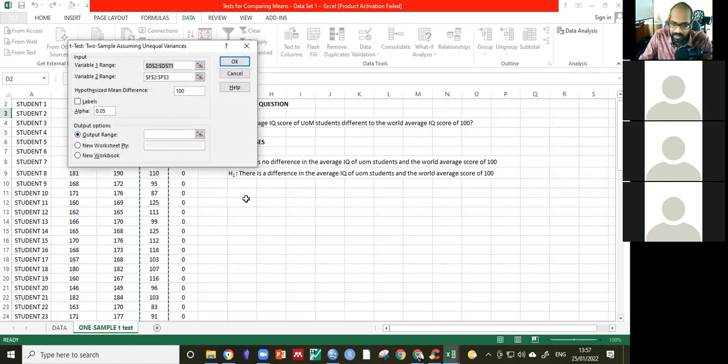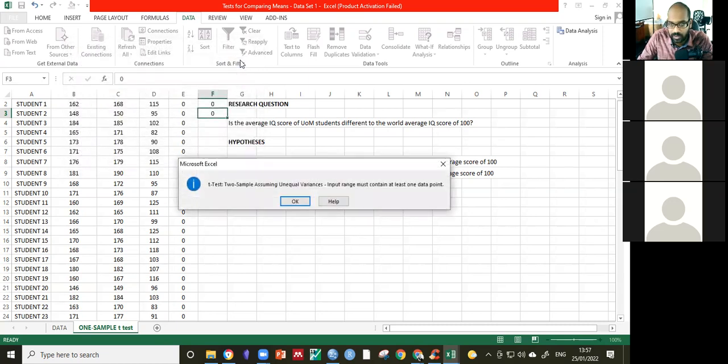But if you want the output of the t-test to appear here itself, then you can just click on output range, and maybe we will do that just to have everything here instead of having to open another sheet. So you just click on that, click on the cell you want. So here it's going to give us the results. That's what it is here, output options. Okay, so far so good. So when you click on OK,